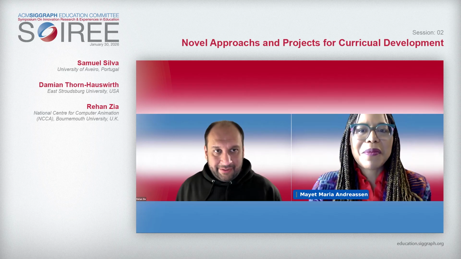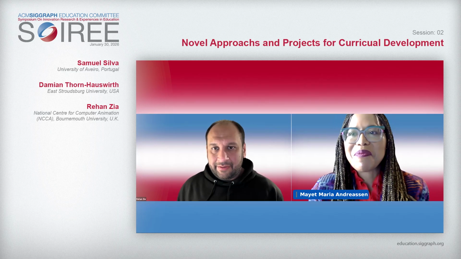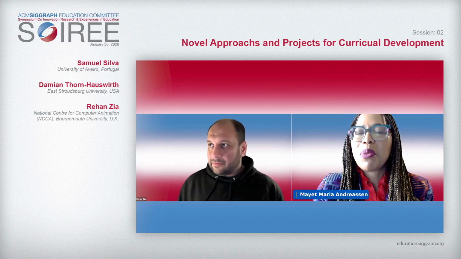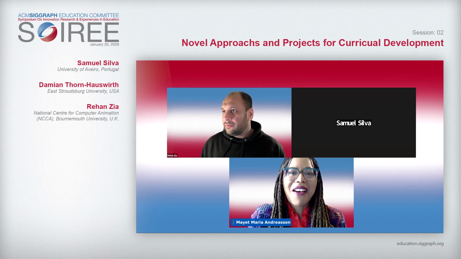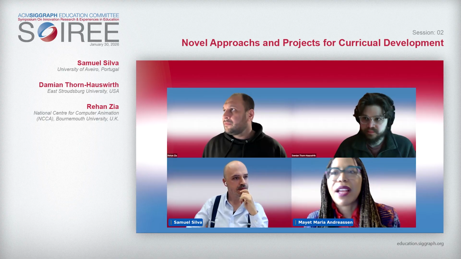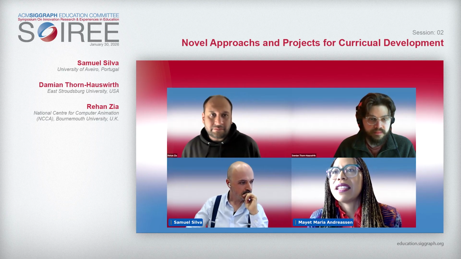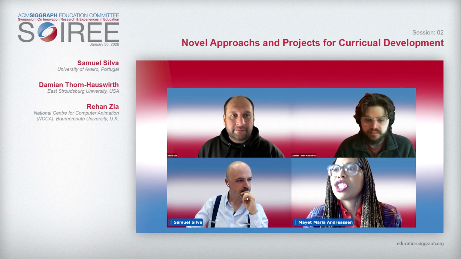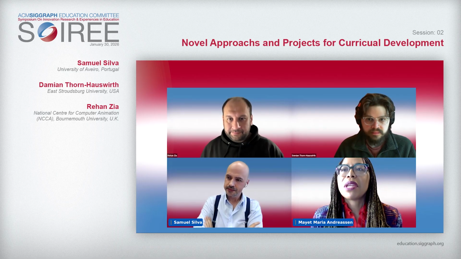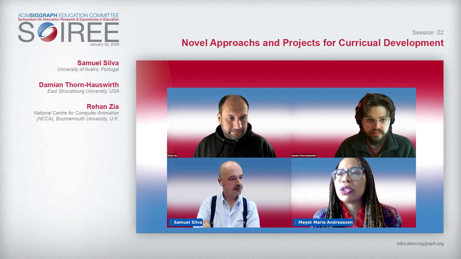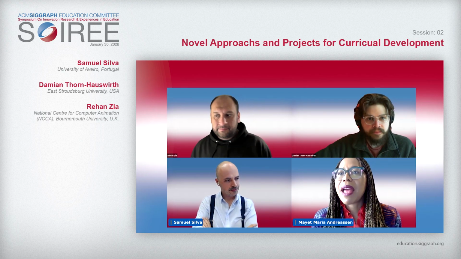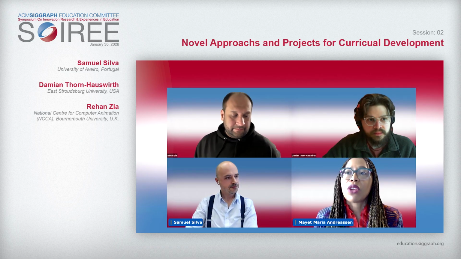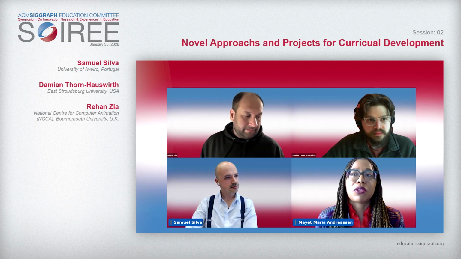Fantastic. Thank you very, very much, Rehan. That was excellent. All right, this is the Q&A portion of our session, and we have a question in the Q&A area. I believe that this question is for Damian. It is, how many reference points did you use? Do we have a maximum at this moment? This is a 2D simple projection of 3D motion. Have you tried any motion in 3D perspective?